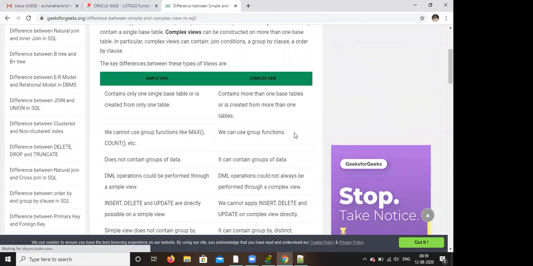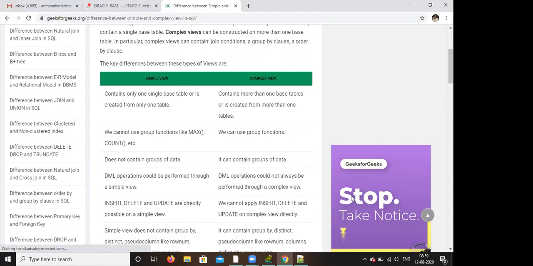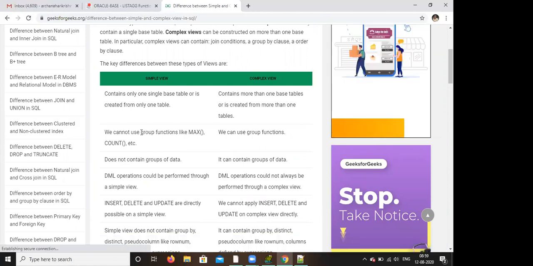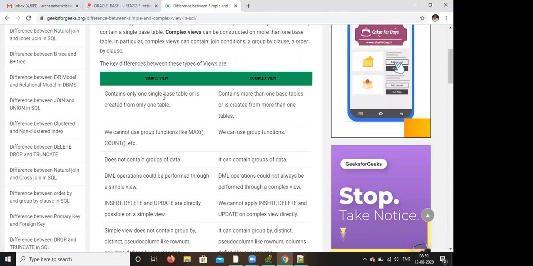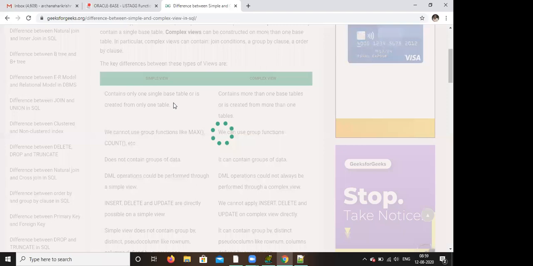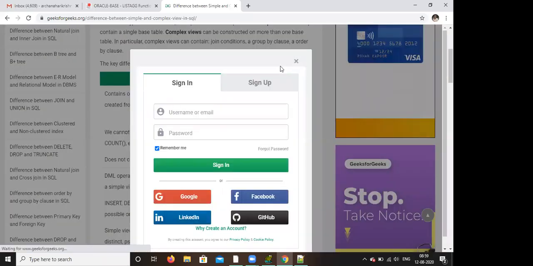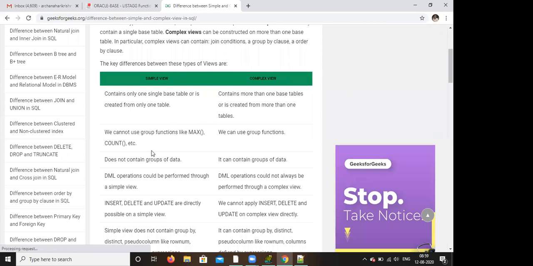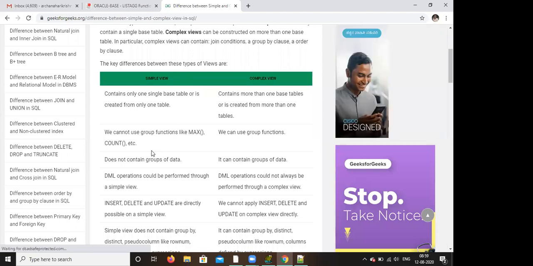Here, see, basically simple view means you are using only one table. In the recent example, you have used one table called the employee table. So that's a simple view.